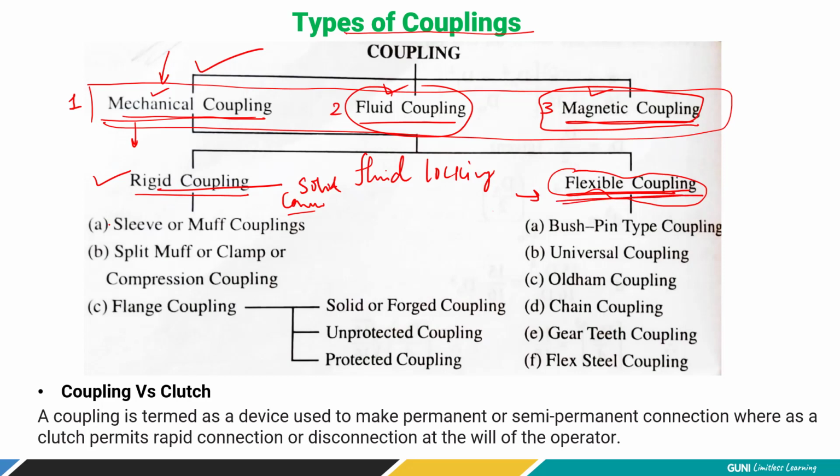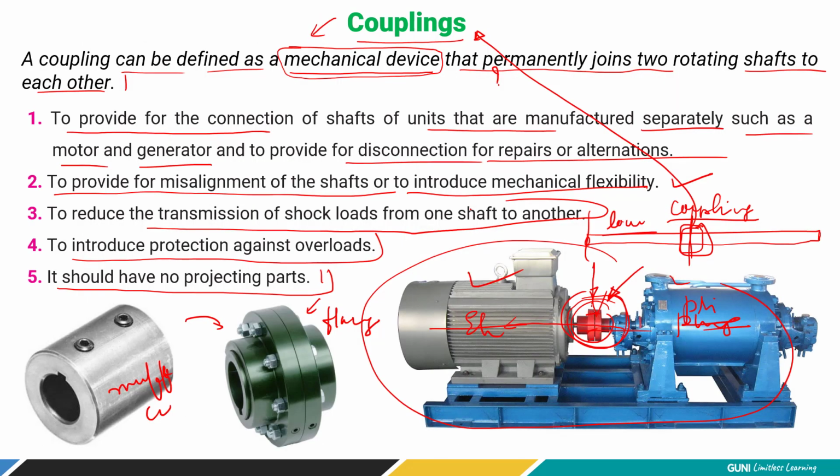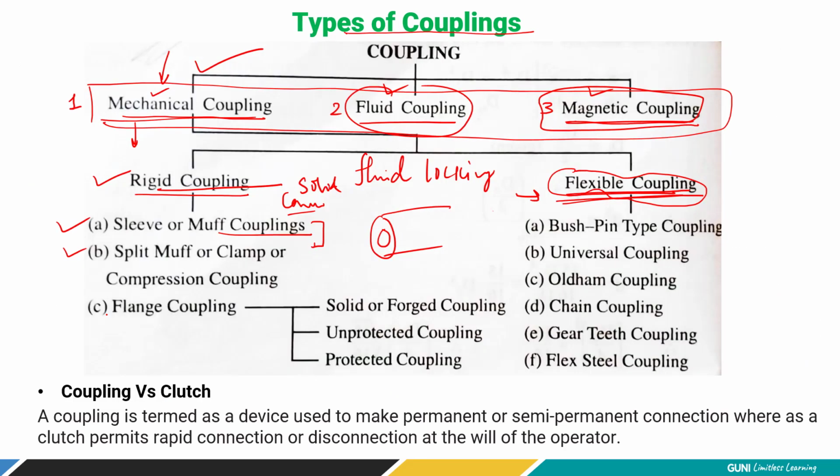Now in rigid coupling, we have sleeve or muff coupling. Second is split muff coupling. It's simply an extension of muff coupling, right? The muff coupling is made up of only a single hollow cylinder as shown in the earlier figure. This is referred to as sleeve coupling or muff coupling. You can see it's simply a hollow cylinder. Now here we can connect the two shafts over here, right? And another shaft over here. So we can insert the two keys and connect them. And we can lock down using an Allen key bolt, right?